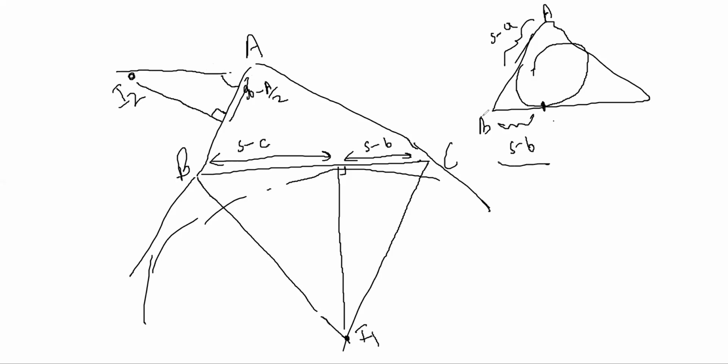For the incircle, if you are near B, the distance to the point of tangency will be S minus B, and from the B point, the distance is S minus B. For the excircle, what happens is the distance is inverted. Like this distance is called S minus C, this distance is called S minus B. Makes sense. So fifth one we have done. Try sixth one. Use the results that have been proved earlier to do it.